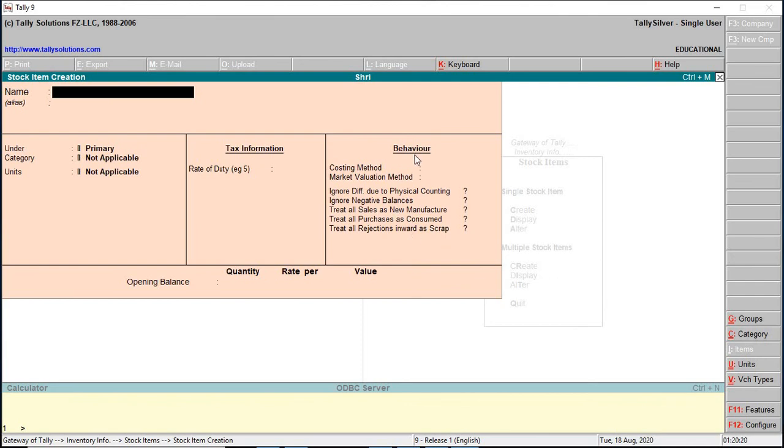So these are the additional options which can be used based on the company's requirements.